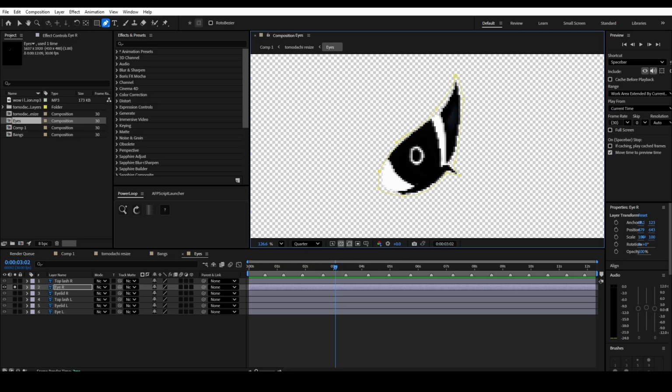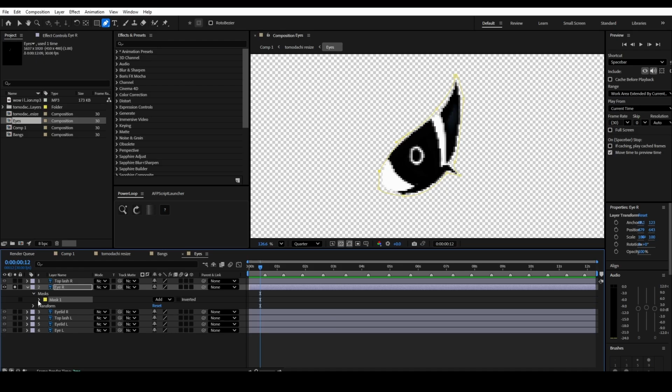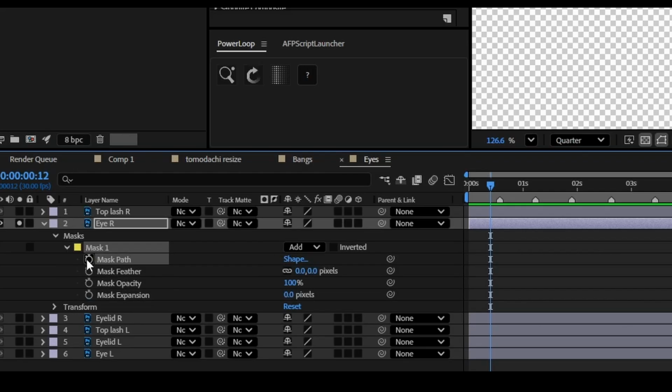Okay, so how are we gonna keyframe the eyes blinking? Now, as you know, blinking is super fast, ranging from 0.1 seconds to 0.4 in real life. You can probably do the maths by multiplying 0.4 with your frame rate. With 30 frames per second, that means you take 12 frames to blink. So I'm gonna go roughly, or exactly, to the 12th frame, and under mask path, I am going to set